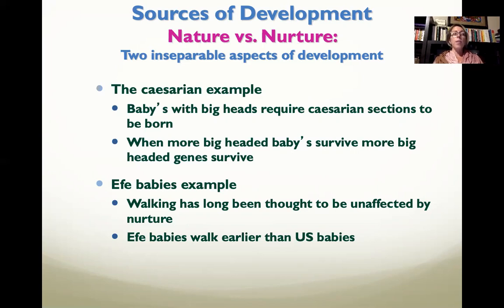But there are lots of things that we have long suspected were most kids that we had studied had done all of these things at the same time. So we figured that this was about nature, right? Doesn't matter what parents do, kids are always going to have their first words at about 1 year old, right?